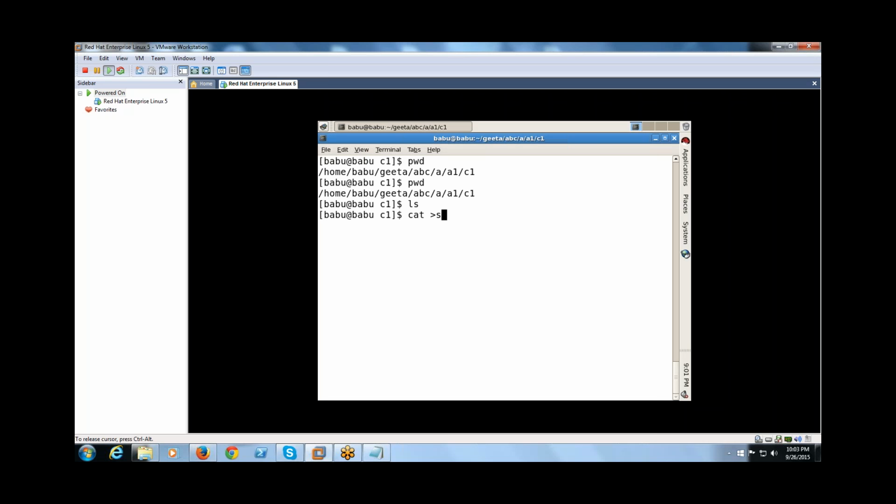I just created a file called sample here. So cat sample. Now if you see, there is no directory. If there is a directory under C1 which is ABC, then we can do that, like cp sample, then we can use ABC like this. But if ABC is not there here,